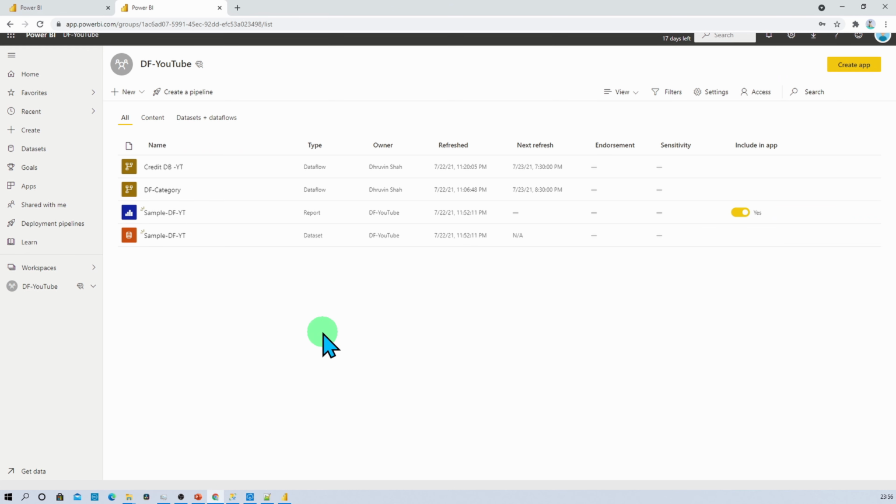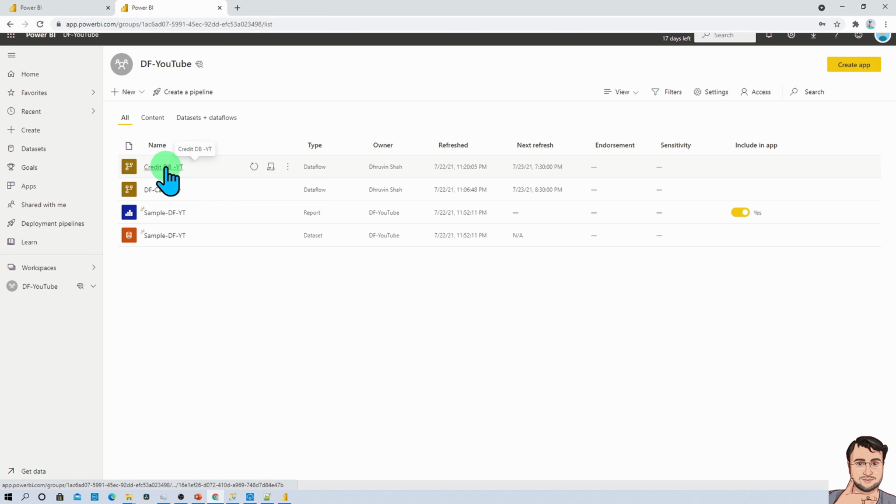Here I have opened the same workspace where we have created two data flows. Now let's say, for example, I have a requirement where I want to consume this data flow with direct query mode. I do not want to load that data in import mode into my Power BI Desktop file. So can I do that? If so, how? The answer is yes, you can load your Power BI data flow as direct query into your Power BI Desktop files. For that, you need to follow some steps.